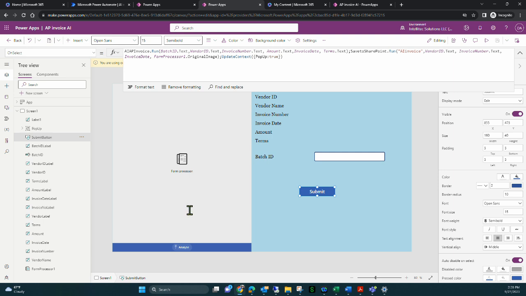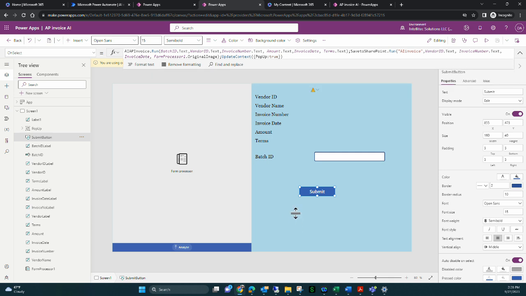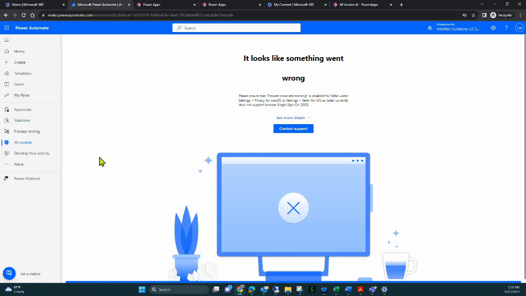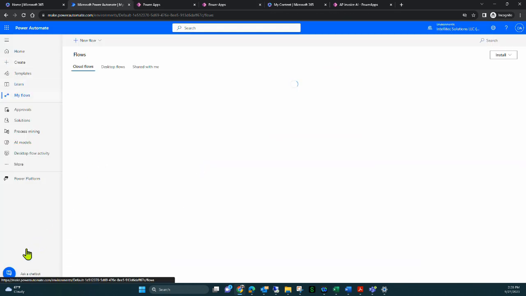Like I said, I'm having a little bit of a time bringing in the image right now due to some permissions, but we're working on figuring that out. So that is our app. That's how that app was built. And if we take a look at our flows,